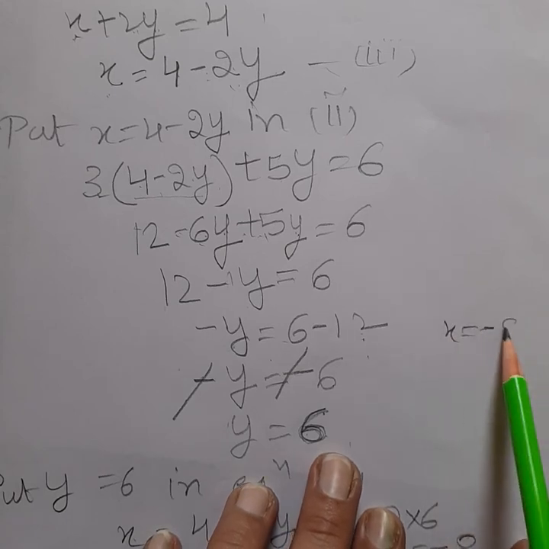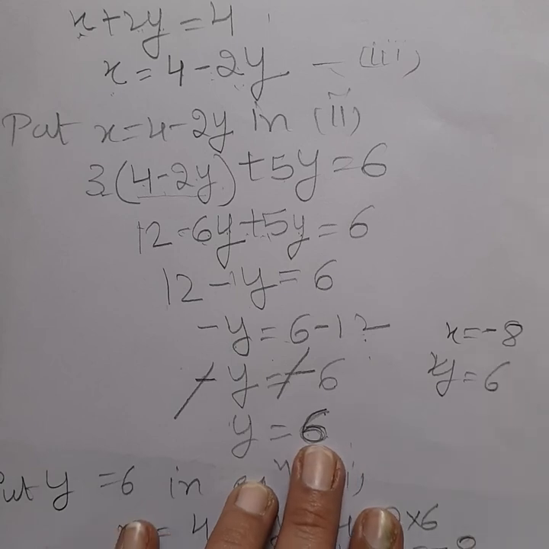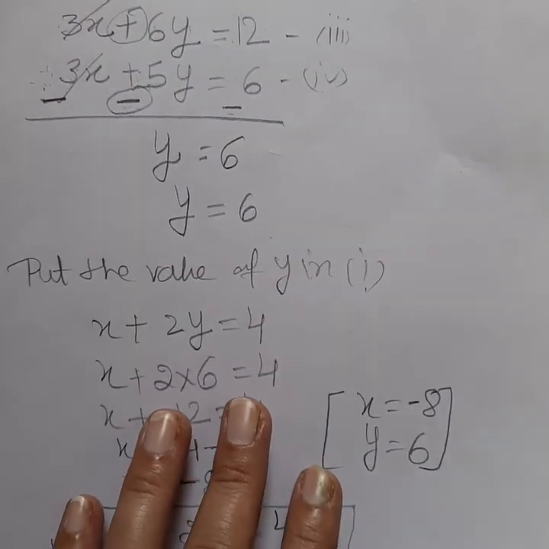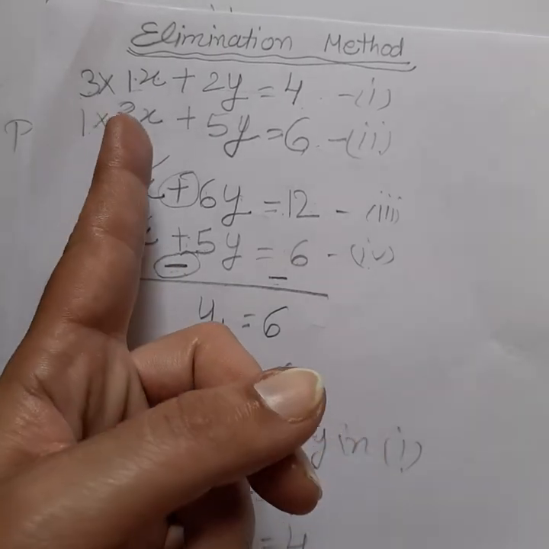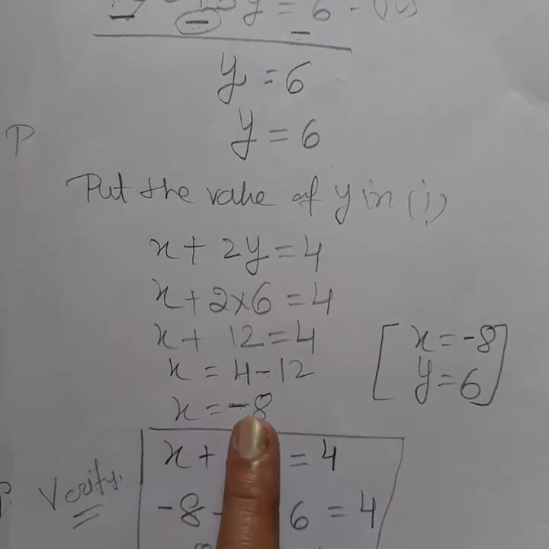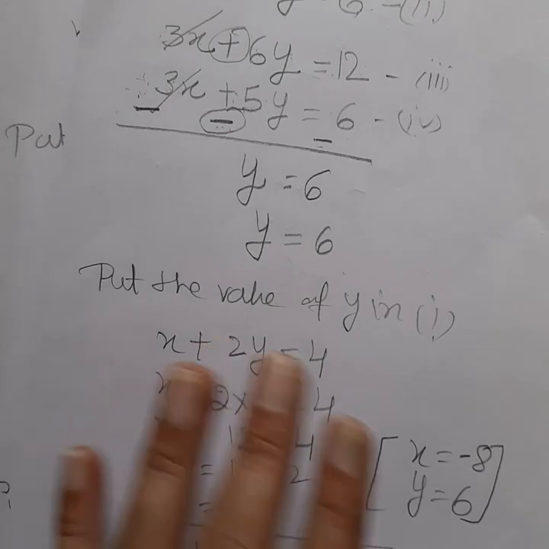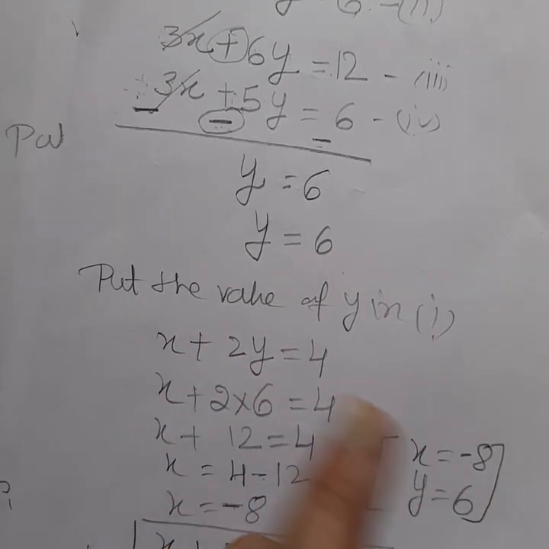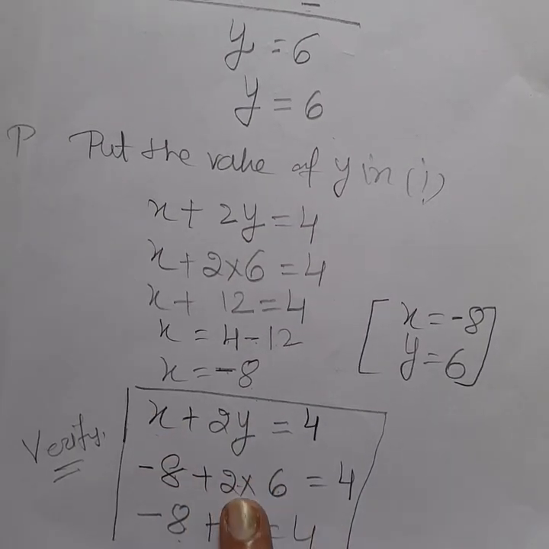You get the same values as you found in the previous example. Just wait, you can see here that when we were doing the elimination method, we had the same equations and we got the same values of y and x. So I want to tell you that the method can be any one, but if you have the same equations, then you get the same values by any method. And you can check your answer by putting the values of x and y into the equations.